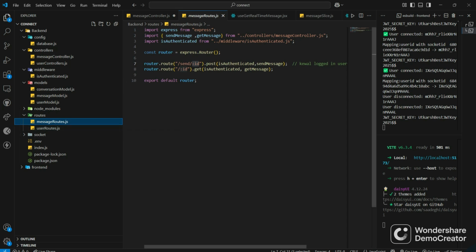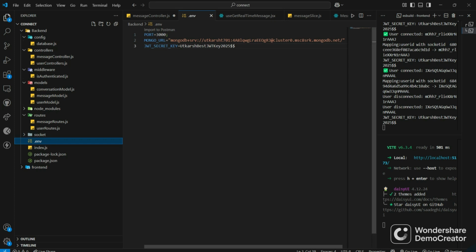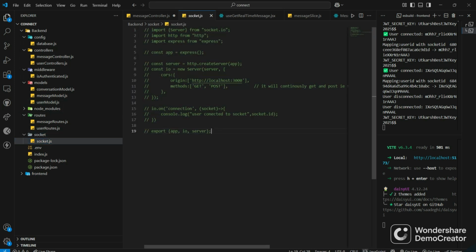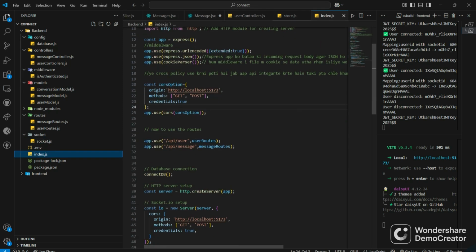So routes contain HTTP requests with a controller's logic. It allows working at industrial-level synchronization, and a .env file, as I initially told already, is for environment setup. Real-time integration I have done using socket.io. So here's the socket file, socket.js. I have not included my socket app in here only because it's causing some errors, so